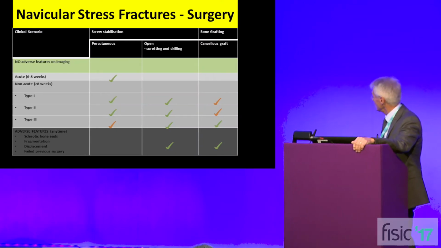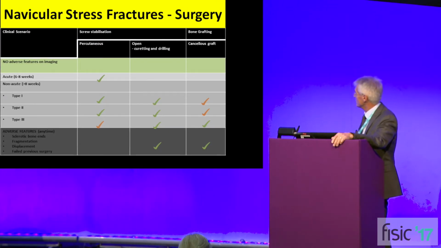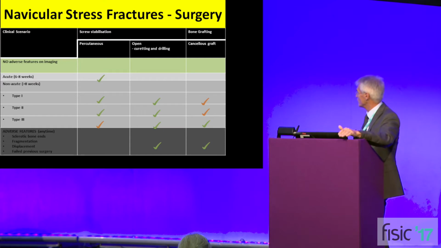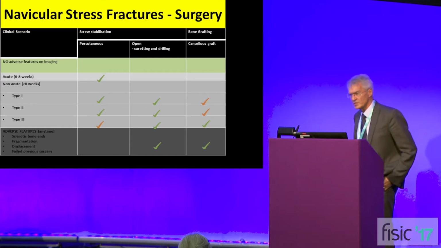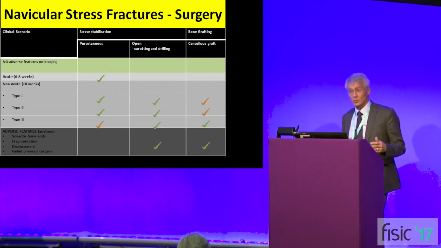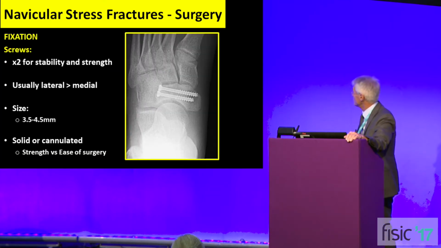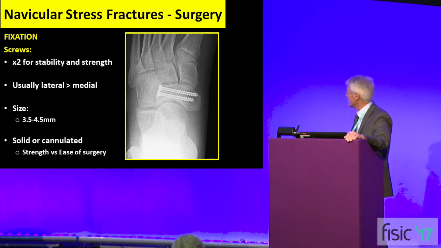If you've got an acute fracture, then I think you're probably going to fix it percutaneously. If you've tried conservative treatment and it's failed, if it's just a type 1, then I think probably percutaneous. You may think about open. Type 2, similarly. When you get down to the type 3s, when they've gone all the way through, then I don't think percutaneous is reasonable. I think you've got to open it and properly graft it. And if it's sclerotic, fragmented or displaced, then you're opening, drilling and probably grafting. You're going to use 2 screws usually for stability, as we've seen from previous x-rays.